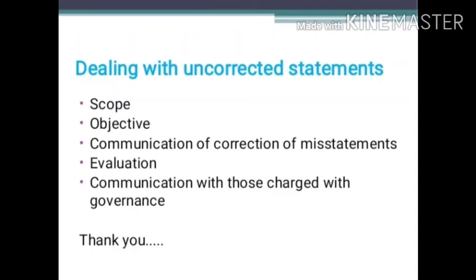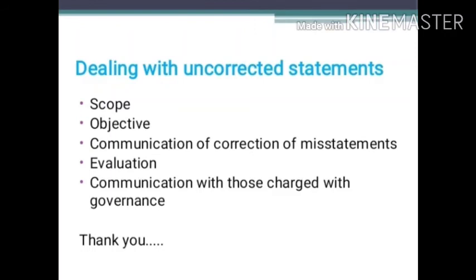If the identified statements are in error, then the auditor must communicate for the correction of those misstatements. The auditor shall communicate on a timely basis all the misstatements accumulated during the audit with the appropriate levels of management, unless prohibited by law or regulations. If the misstatement is made by the top level, then that has to be communicated to them. If it is done by the subordinate level, then the communication has to be sent to them.